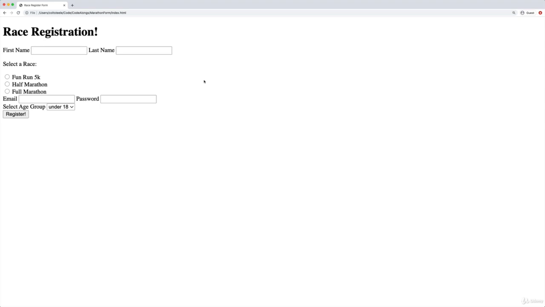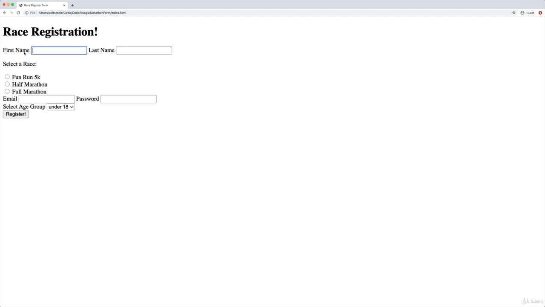So I'll walk you through what it is and the different inputs I'm expecting. I'll also have a code along if you just want to build it with me. Definitely do whatever you feel comfortable with. But there is a form element here wrapping everything. I've got a first name input. It's just text. Last name, also text. They're both required. So if I try and submit the form, it's going to yell at me about that.